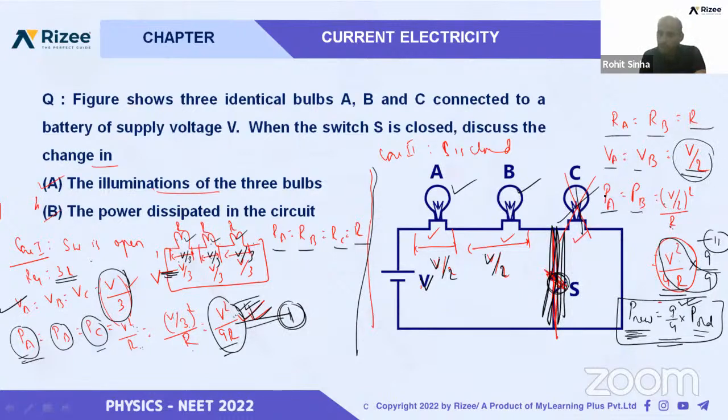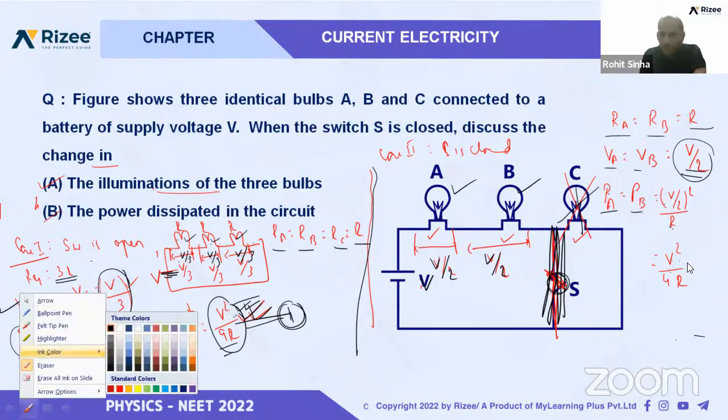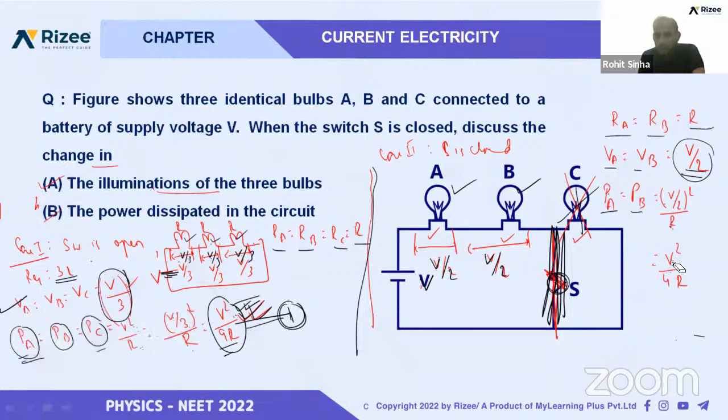What formula do we get here? V square by R. You see here, in the last step, what I have done. Let me rub this part and show you once. What I have done here, you see. I have used here